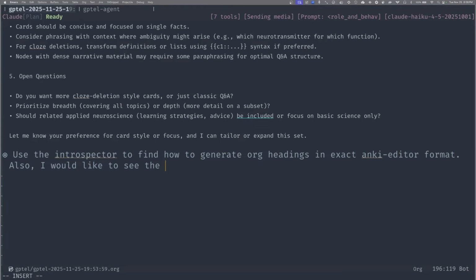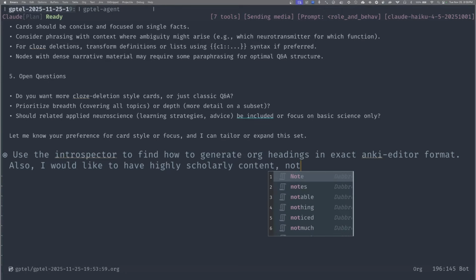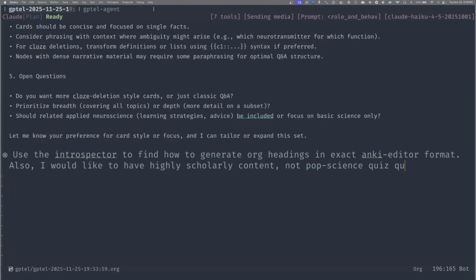You could be more specific and say, I would like the Anki cards to only have non-trivial, highly scholarly content, not popular pop science questions. Of course, this presumes that your Roam notes have more than just pop science information.